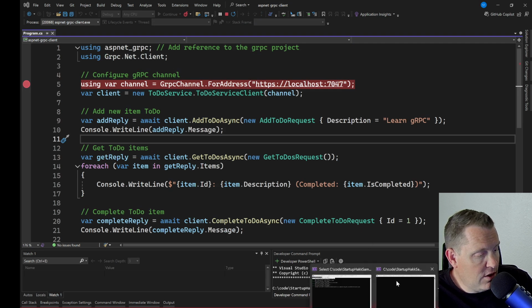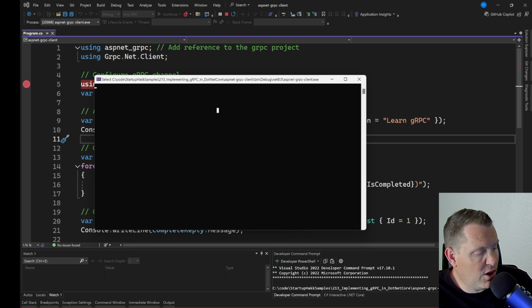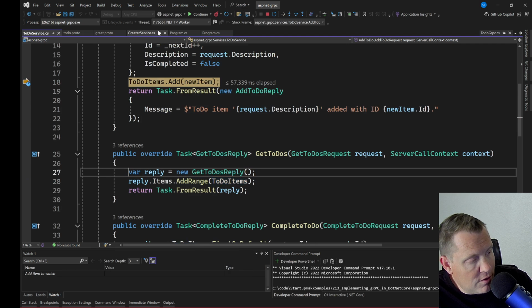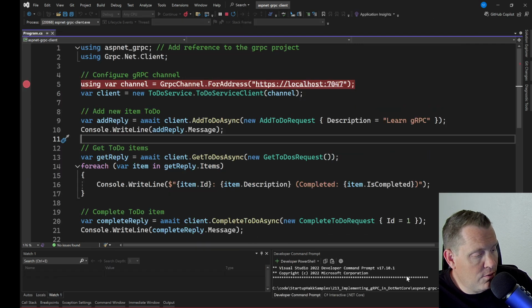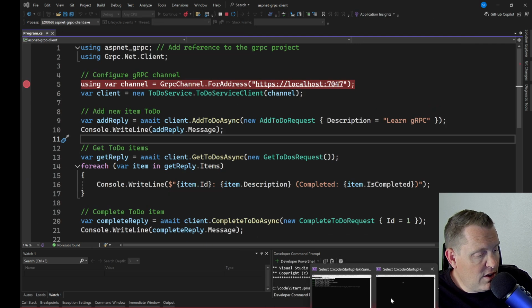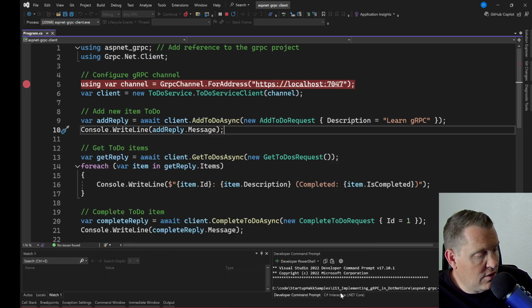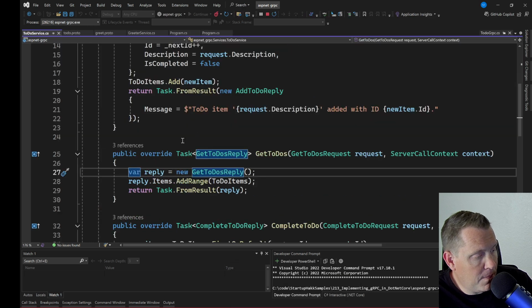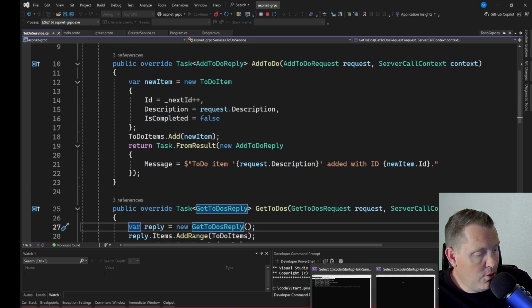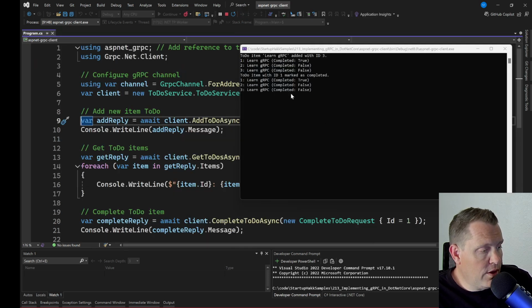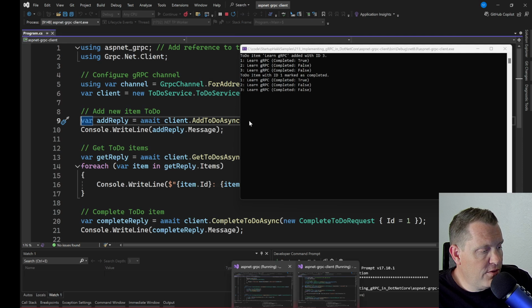Let's let that client run all the way through. Oops, I think we have breakpoints over on the server. That's what we're hitting. So let's remove all of our breakpoints here and let this guy fly through. Now we can see on the client, I think we might have gotten ourselves tangled up here a little bit. Let me take a look here really fast on where we're at. We don't have any breakpoints. So let me take a look and see what's going on here. All right, so it looks like we'd gotten hung up with some breakpoints there,